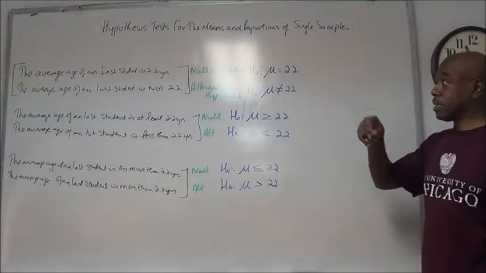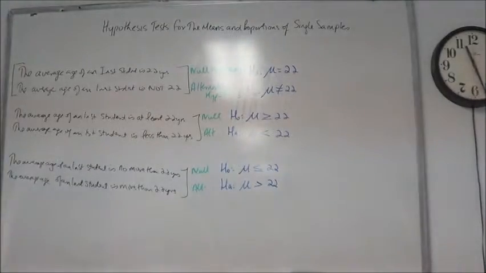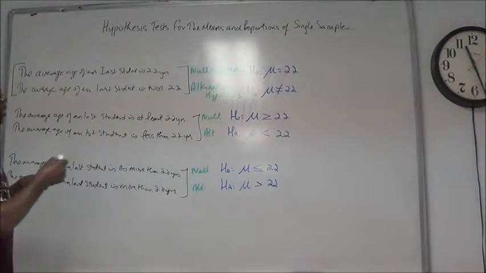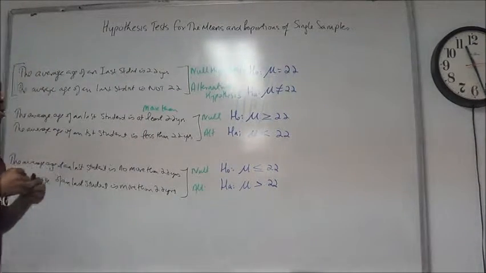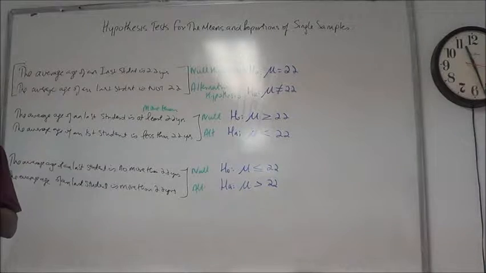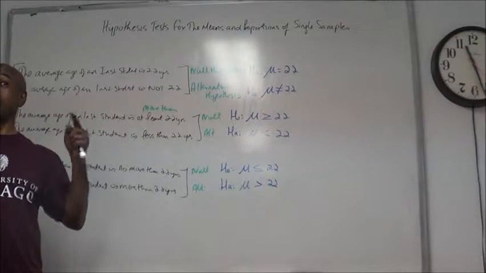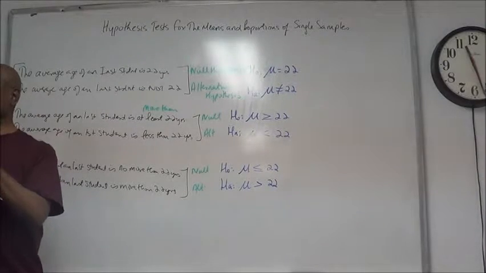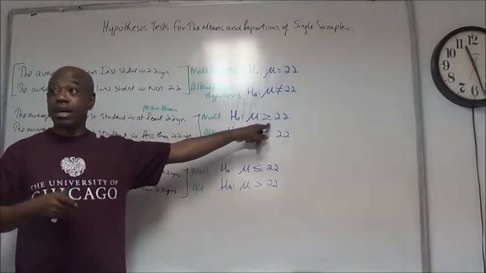Every single possibility for the null hypothesis has to include the equality. So what I mean by that is that even if Danford had said that the average age of an institute student is more than 22, if you remember, we go back to chapter 6. In a normal distribution, you have to tell the normal distribution where this 22 is likely to start. You don't know exactly where it is, but you have to give it a place to start. So even if he had said that the average age is more than 22, you still have to set up H0 like that.